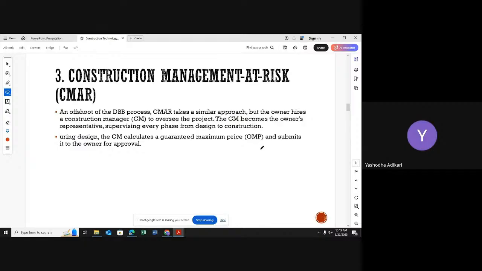In my last discussion in the previous slide, I told you that if I work between a designer and a contractor, all the messages pass through me. It is a big headache to me. I have to handle my work environment and everything at the same time. I have to balance my project also, my housing construction works also. It is very, very difficult to handle like that. So because of that, in this third procurement method, they are introducing another part to the project. He is the construction manager.